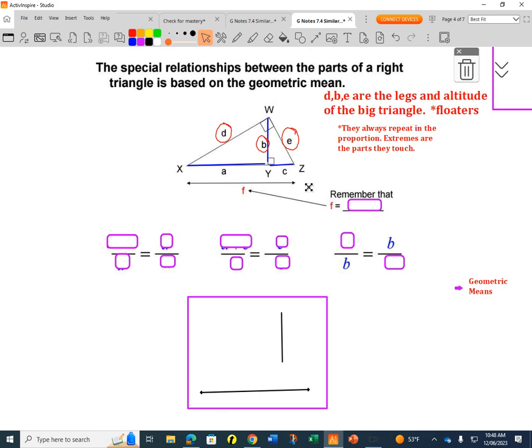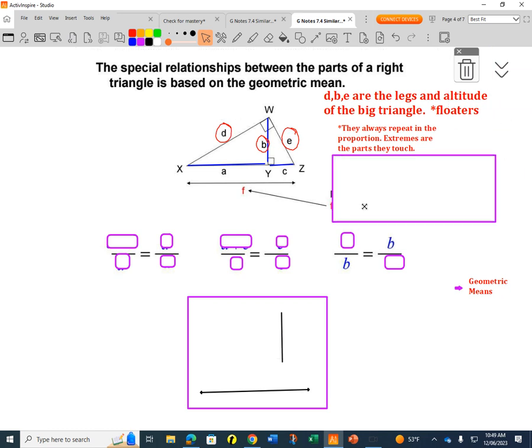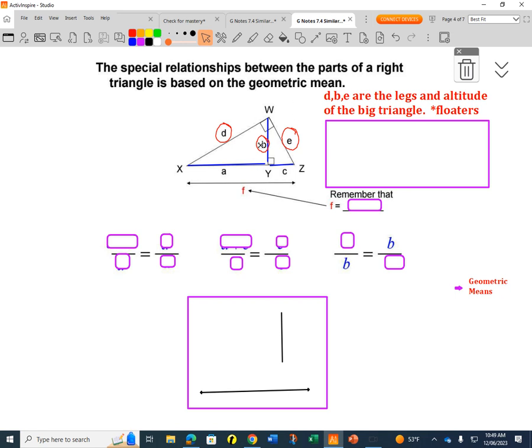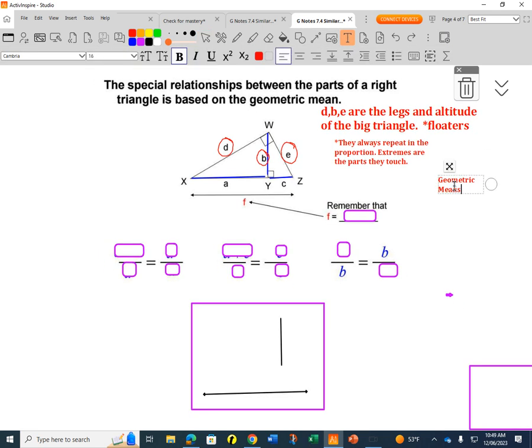So the first part we're writing is that D, B, and E are the legs and altitude of the big triangle, and you can kind of call those floaters. You can kind of see that they're up in the air on this triangle, especially if you turn that triangle where the right angle is at the top and the hypotenuse is at the bottom. So these are the geometric means of this relationship. So if we're going to use a proportion,